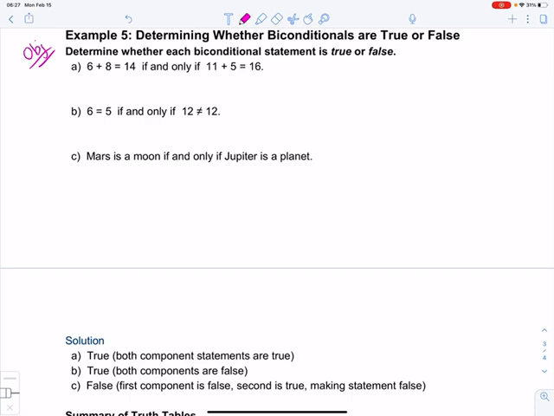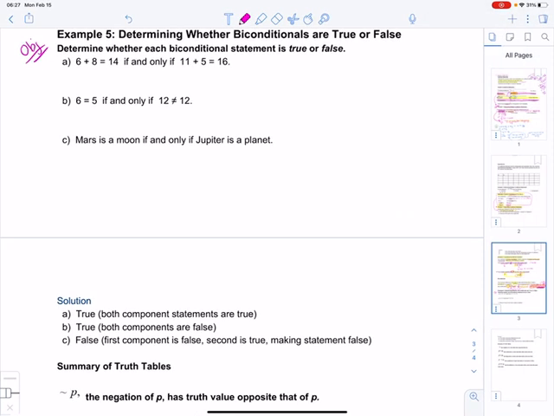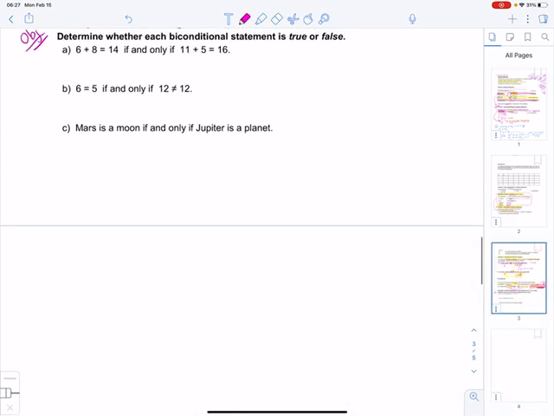So I'm going to go ahead and add an extra piece of paper here so that we have a little bit more room. We want to know if 6 plus 8 equals 14 if and only if 11 plus 5 equals 16. Is this true? Well,